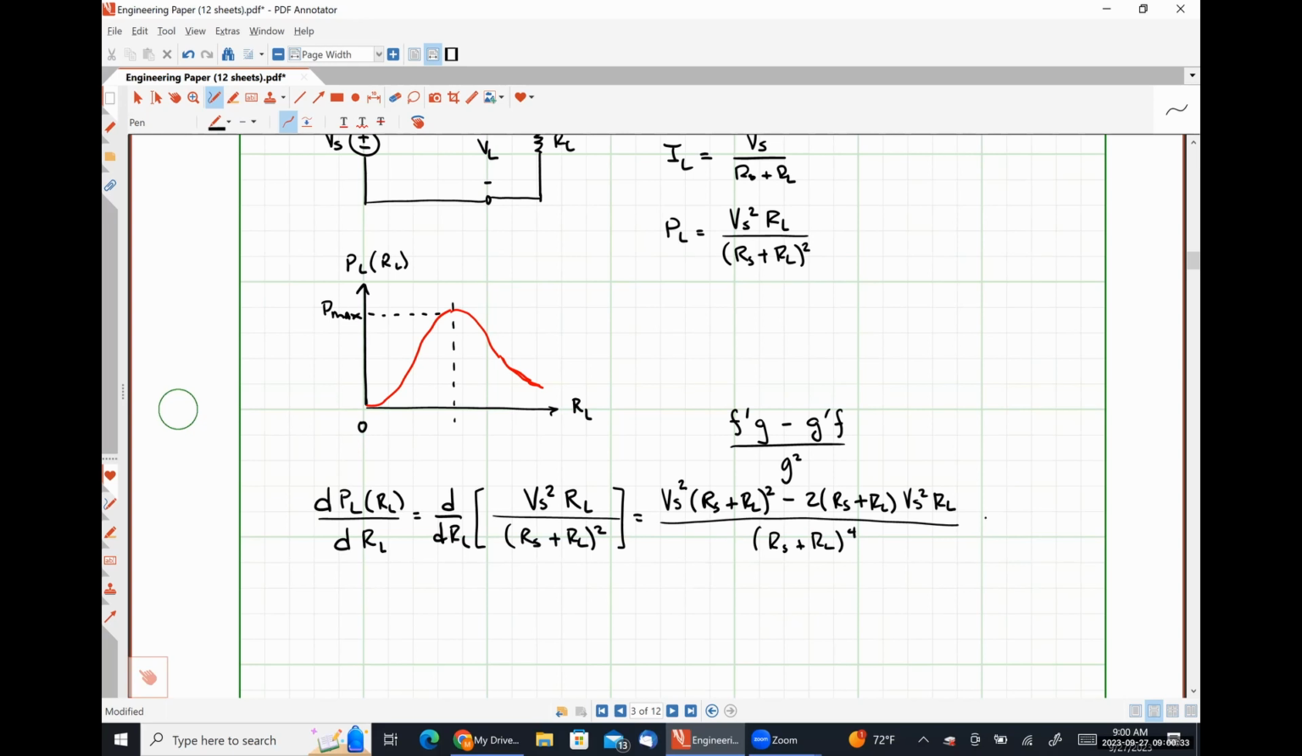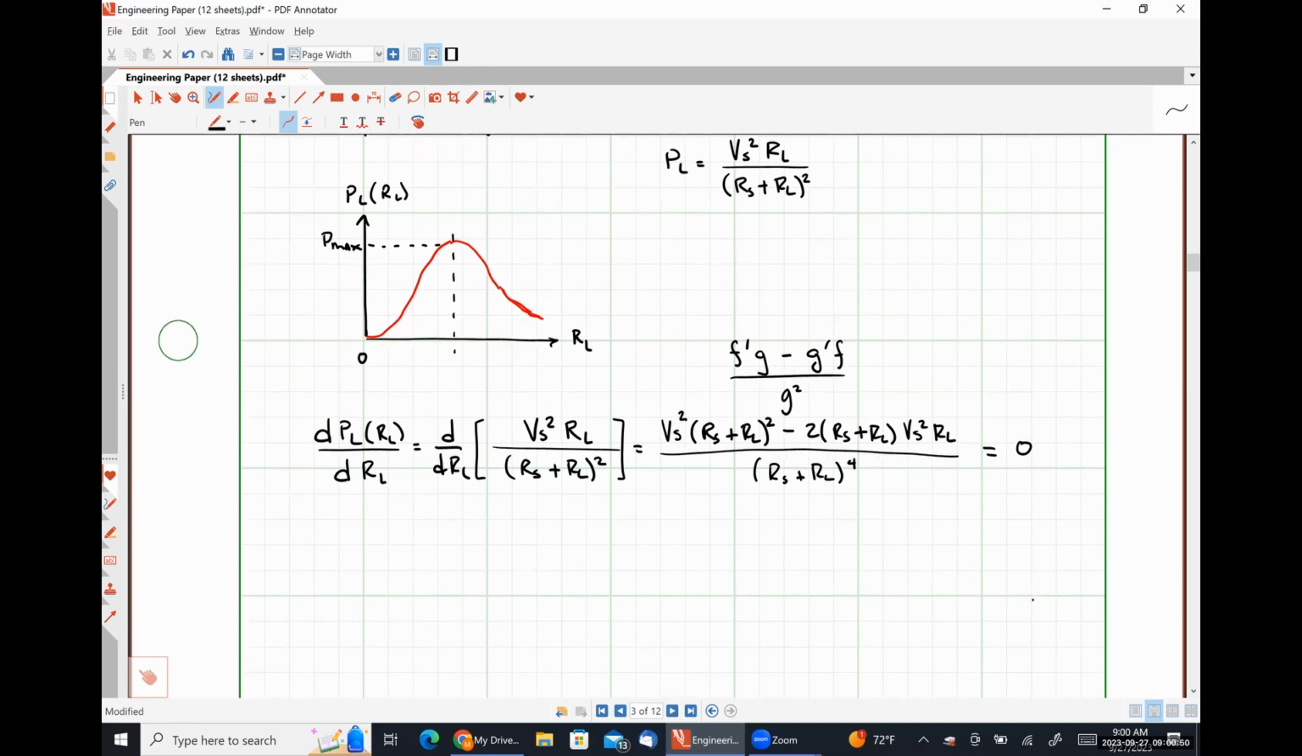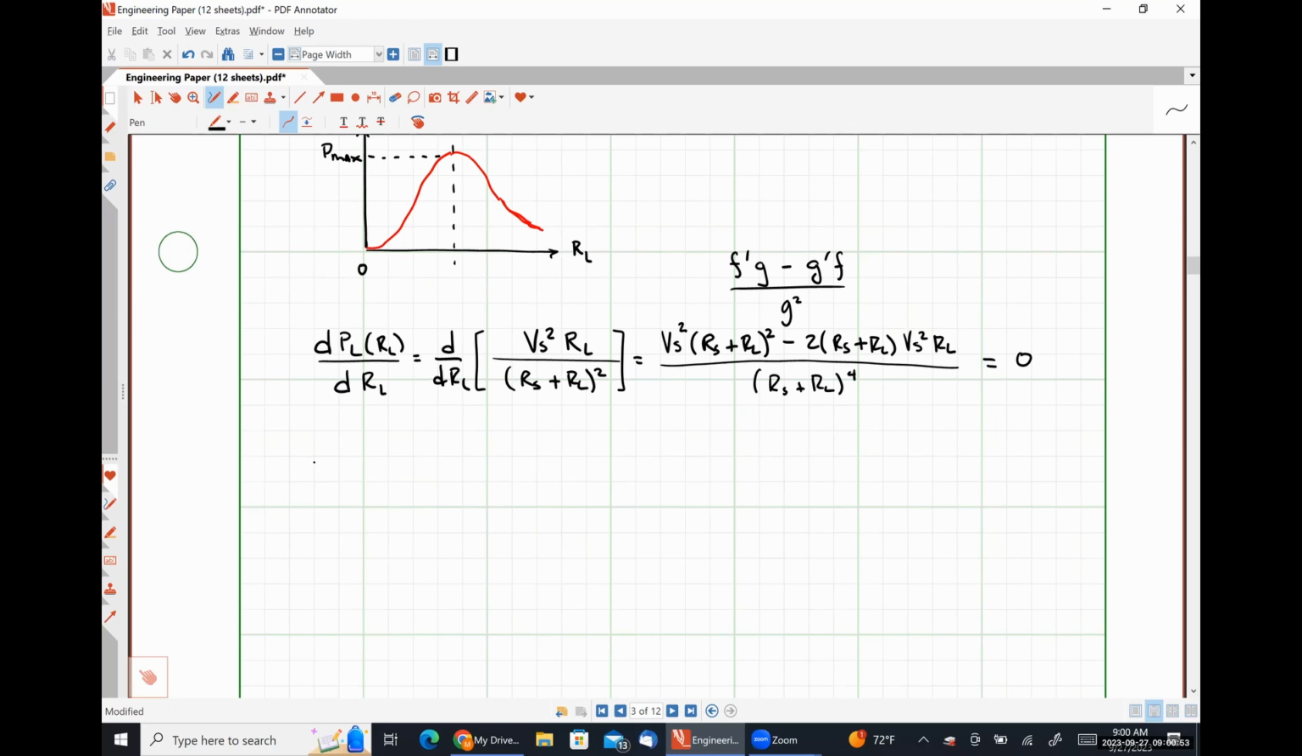And we want this thing to be equal to 0 in order to figure out what the maximum is, right? So we really only need to set the numerator to 0, because if the numerator is 0, the whole thing is 0, okay? So let's expand some things out here, okay? So I have Vs squared times, so let's see, Rs plus RL quantity squared is going to be Rs squared plus twice RL Rs plus RL squared